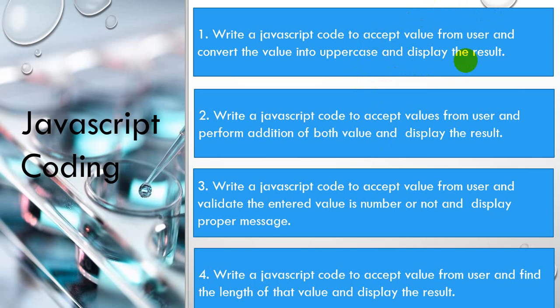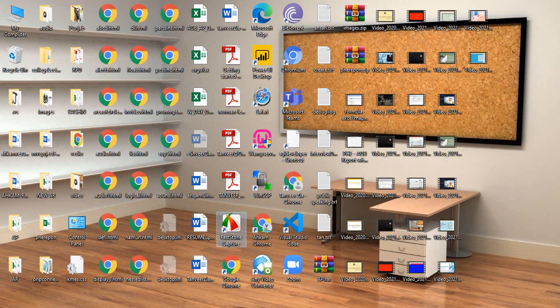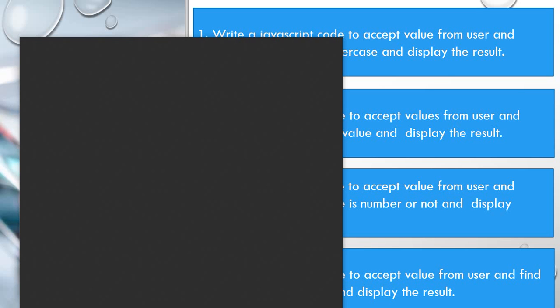Okay, now you have to move to your application where you have to write the code. Which application will we be using? We will be using the Notepad application. Inside that we will first write HTML code, then inside the HTML code we will write JavaScript code. In the same way, there are some other questions which we will do after this question, but first we will focus on this because we have read and understood what we have to do. So I am moving back to my Notepad application. I am going to the desktop, then I will search for the Notepad application.